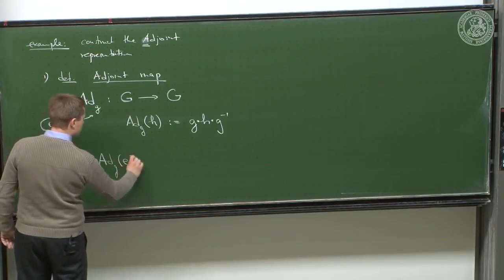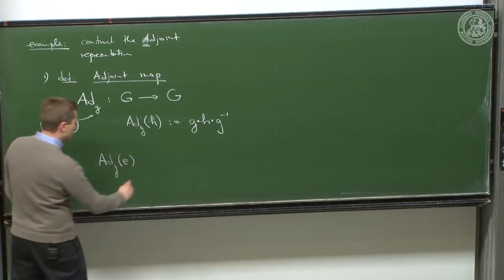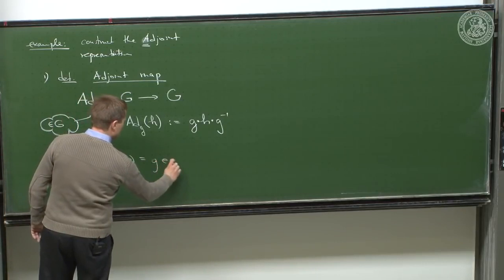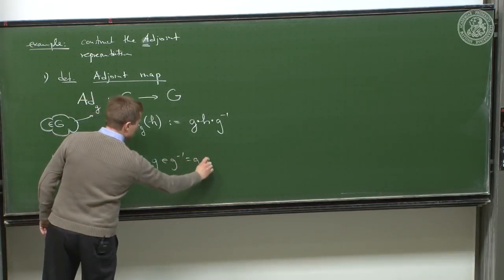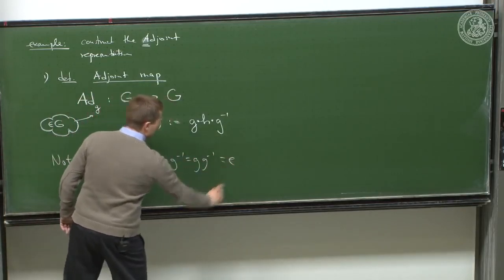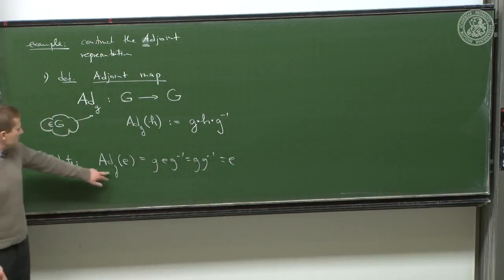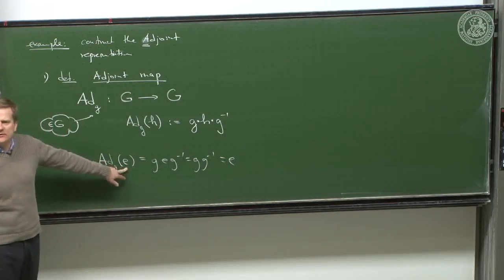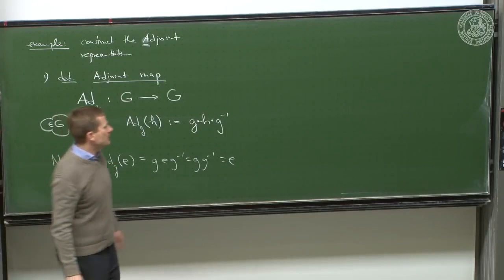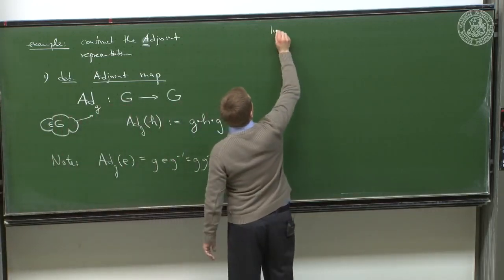acting on the identity yields G, E, G inverse, which leads to G, G inverse, which yields the identity. So the adjoint map keeps the identity where it is. Why is this great? Interesting,